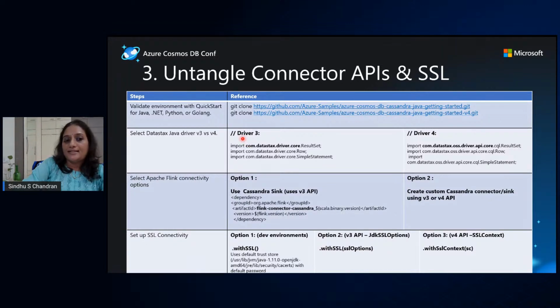And as I said, there are multiple options that DataStax Java drivers have in terms of v3 versus v4. And Apache Flink again supports multiple programming languages. So it supports Java, Scala, Python, and SQL. In the case of Kirana Cube, they were primarily on a Java stack, and they already use this particular Cassandra sink, or connector, that comes with Apache Flink, called Flink Connector Cassandra. So it is very important to be aware that this internally uses the DataStax version 3 API.